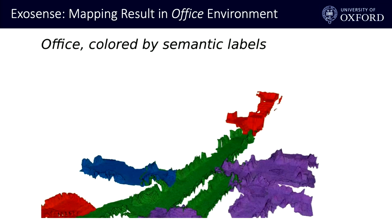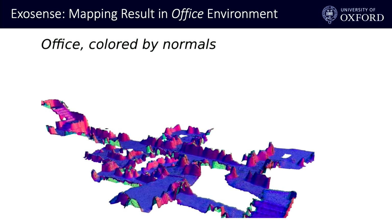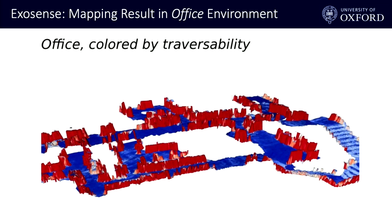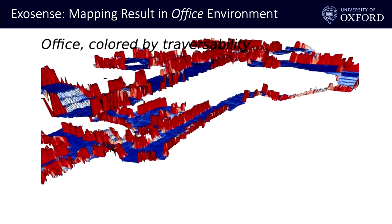So this is a multi-floor map of an environment segmented into where the robot can walk, where it cannot walk, and we want to work towards developing an integration with the Wondercraft robot to demonstrate some sort of mid-level autonomy